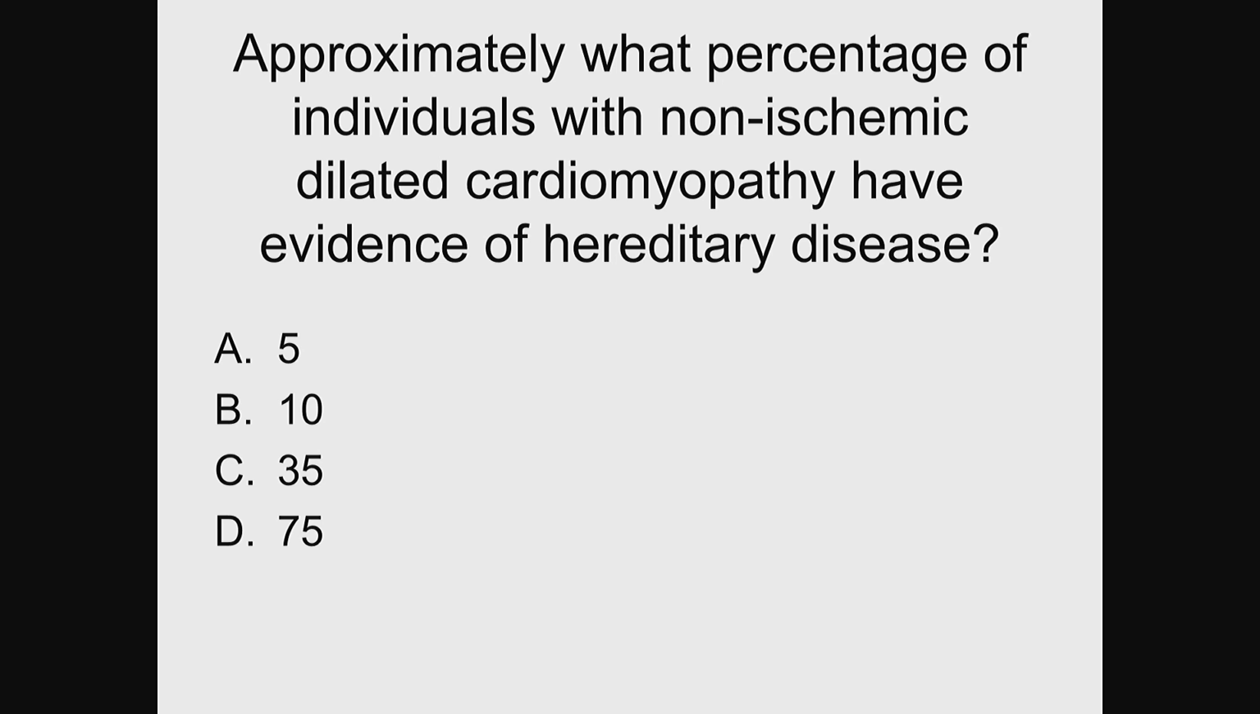Approximately what percentage of patients with non-ischemic dilated cardiomyopathy have evidence of hereditary disease? Is it A, 5%, B, 10%, C, 35%, or D, 75%? It is felt to be approximately 35% when utilizing best methods, including echocardiographic screening of first-degree family members and prospective pedigree